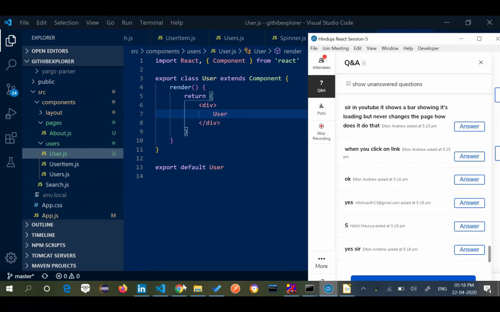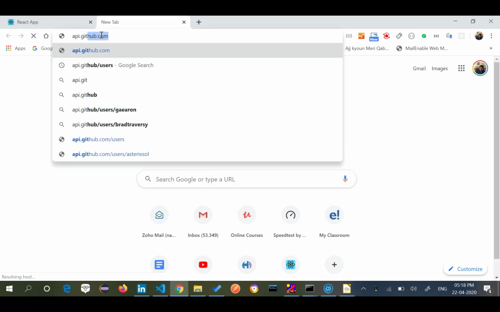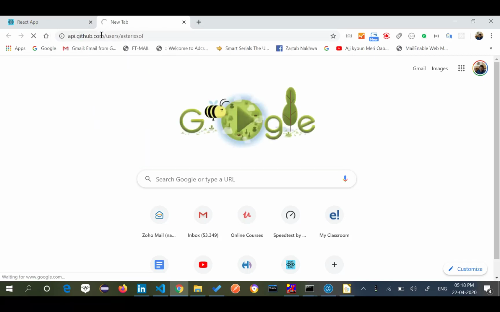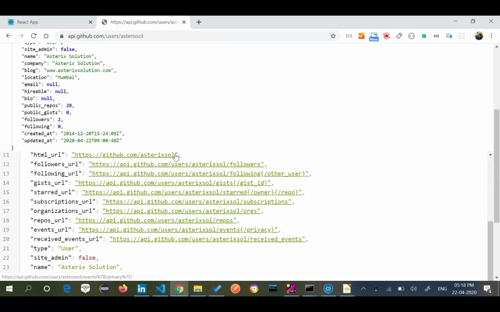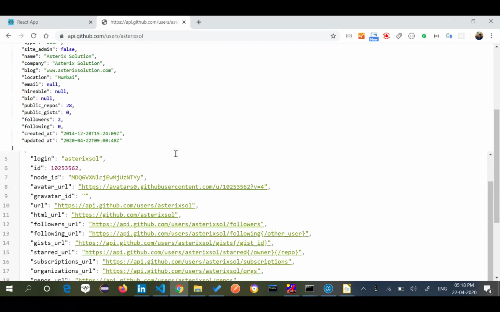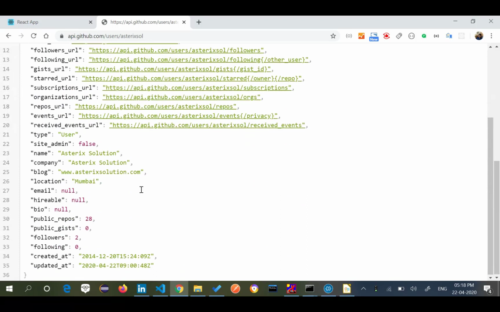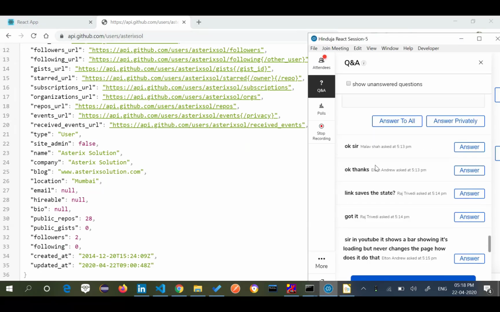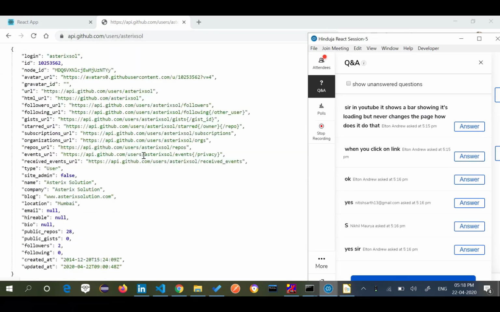There are certain things which you need to understand first. When you say api.github.com/users/ and pass a particular username, I actually get a lot of details about them, like my gist URL, how many followers, how many following, the name of the company, and my location. Are you getting the new URL I'm trying to call here? If I pass the login name for an individual user, I get all the details about them. So I just need these details.